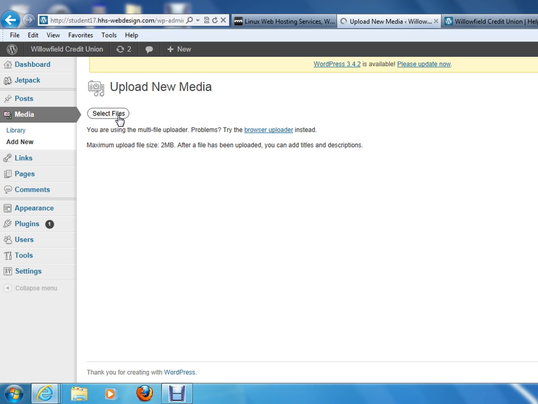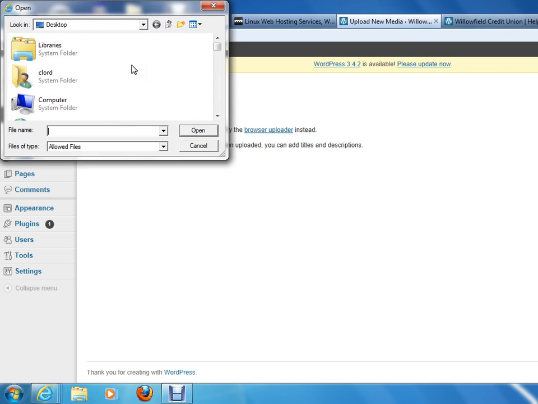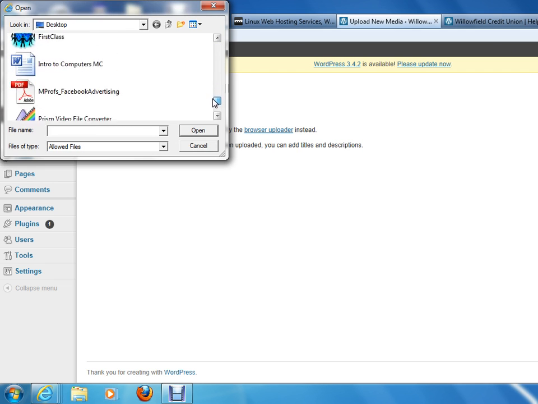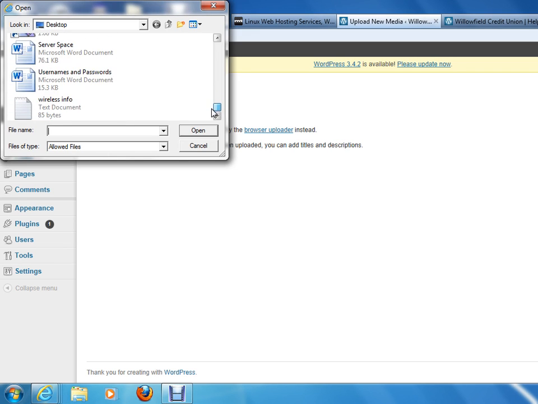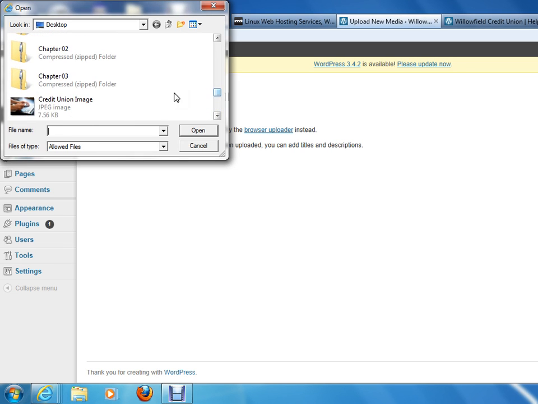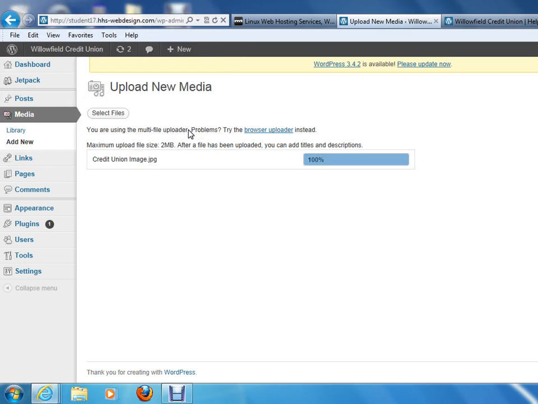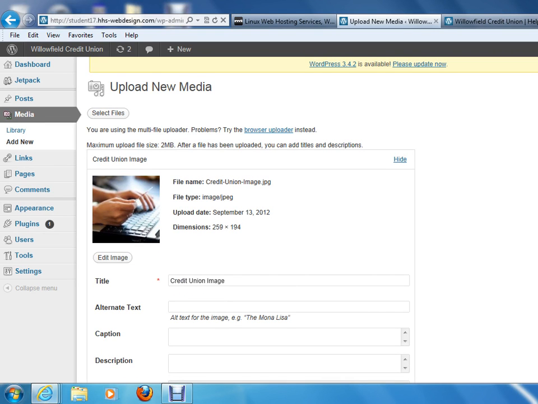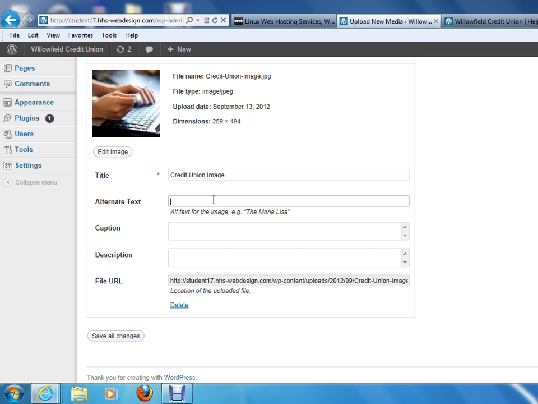It says select files, and I just simply navigate to the file on my desktop, and I think I called it Credit Union Image. So let's just see what I got there. There it is right there. Let's open that. And it'll probably pop up, giving us an opportunity to add some alt text. In this particular case, I am going to put in some alt text, Credit Union Customer,